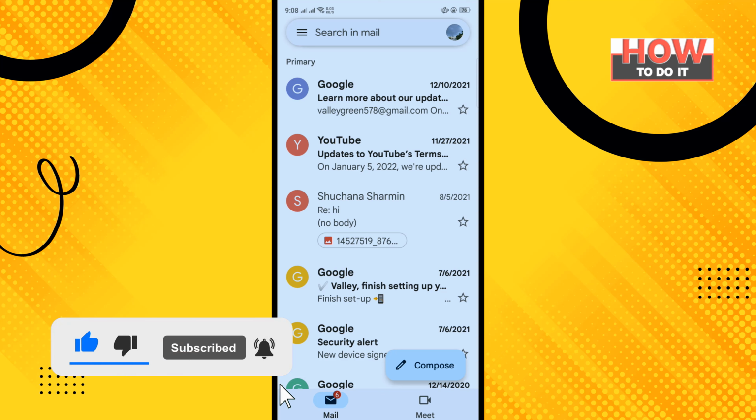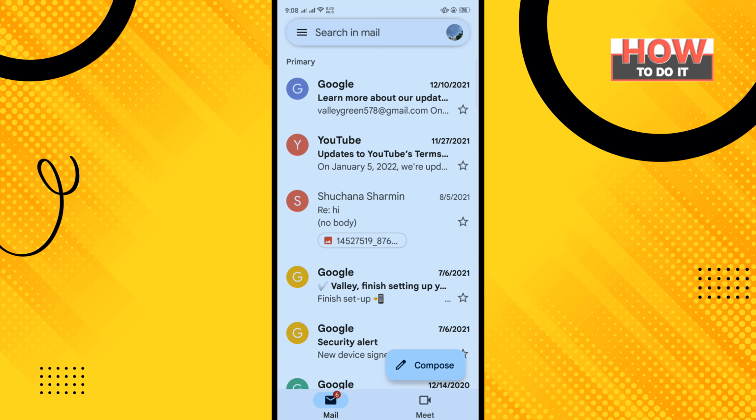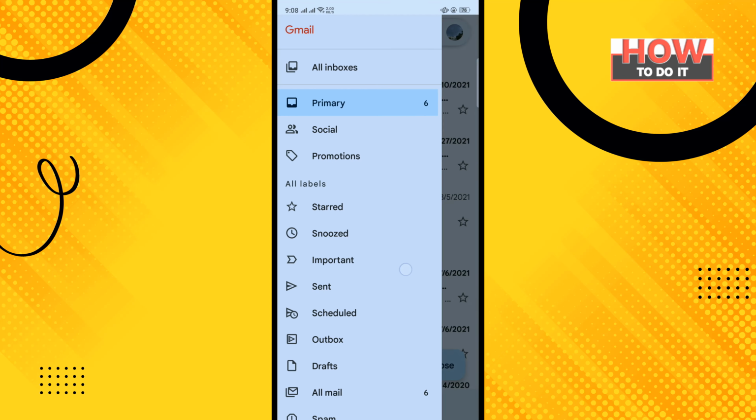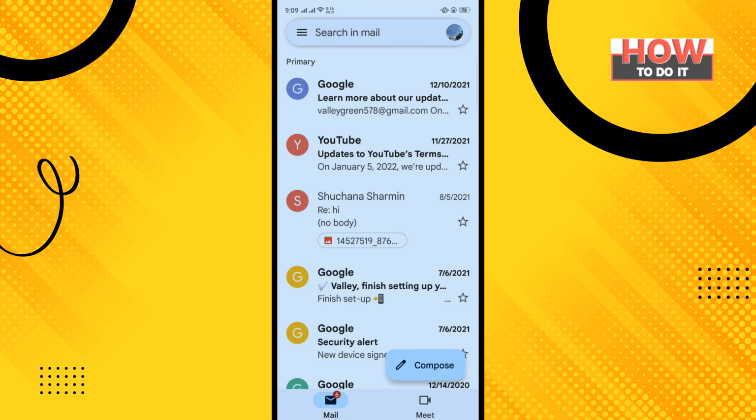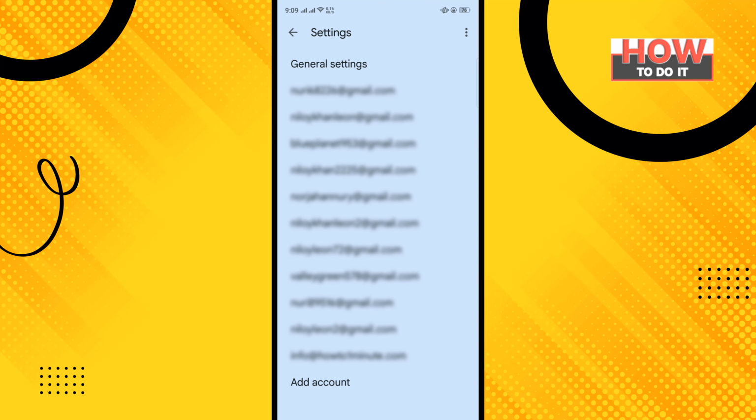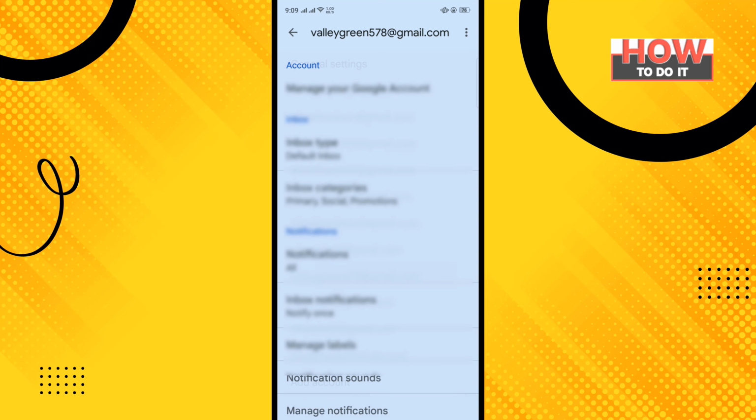How to do it? So first of all, open your Gmail account and make sure to log in to your Gmail account, and now tap on this red line icon to the top left corner and scroll down and tap on settings, and now tap on the Gmail account where you want to add your phone number, and tap on manage your Google account